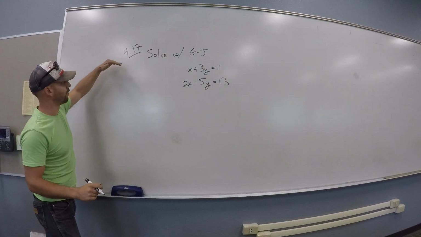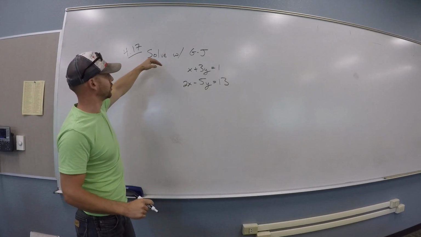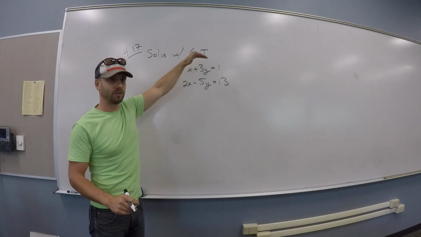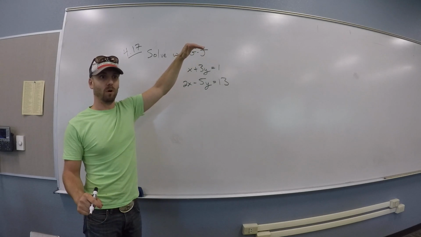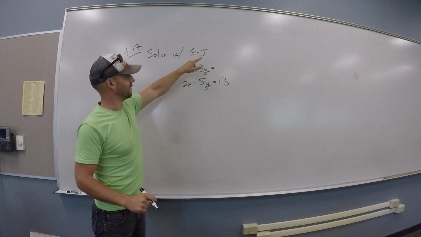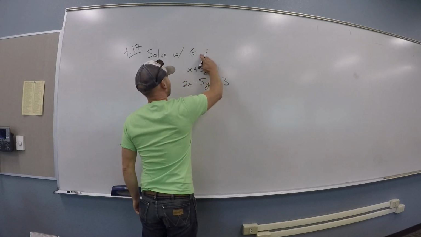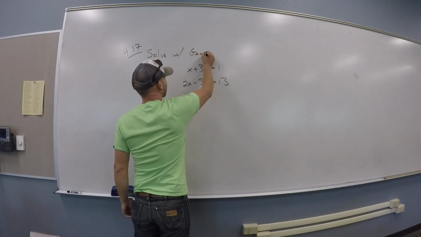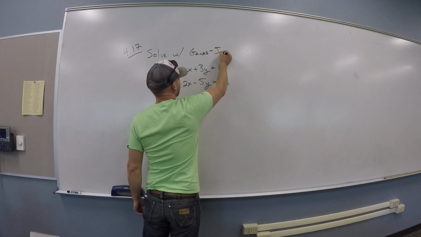Okay, so for 4.17, I want to solve using Gauss-Jordan elimination. Whoa, what's that? Is that times or minus? This? That's a hyphen between two words. That's Gauss-Jordan